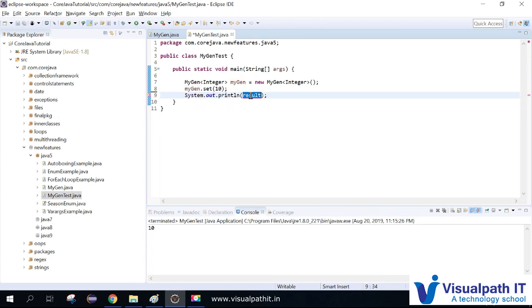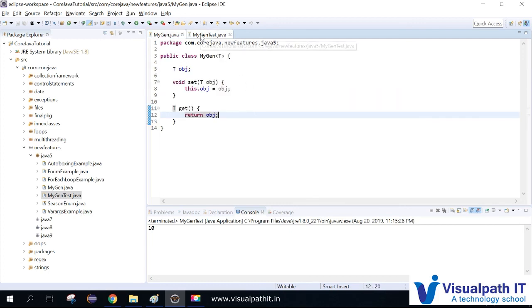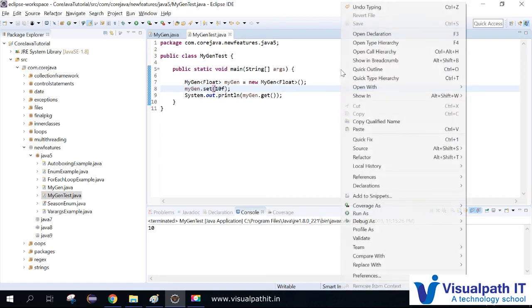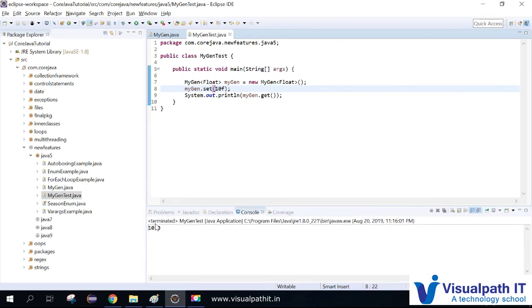So I'm just using mygen.get here simply. Every time, if I want to change it to float, I set it as 10f, which is a float value. Just run it: 10.0.